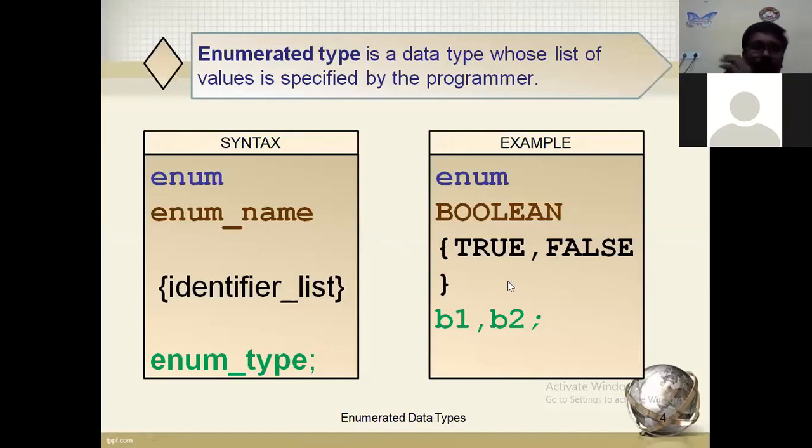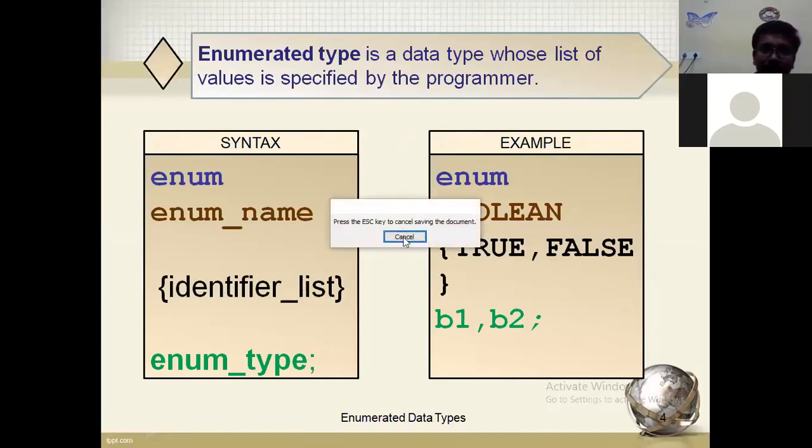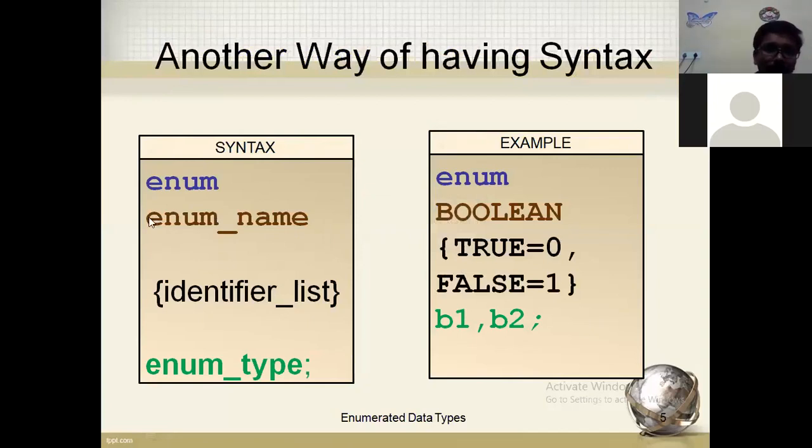Like that, we can use the enum keyword, and you have to give the name of the data type. Why? Because we want to create a user defined type. So in the syntax you can find enum. Ename is the data type, and what are the fields of the data type?